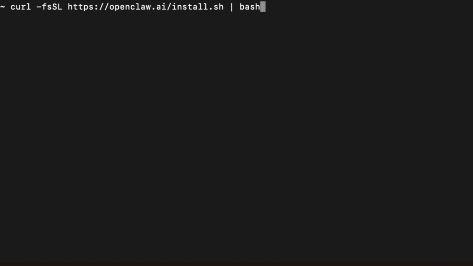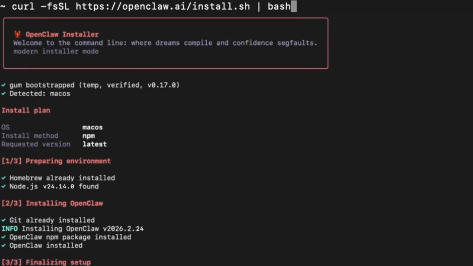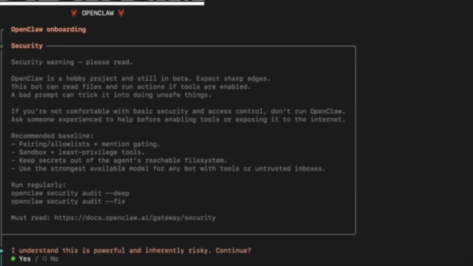on your system. After you press enter, the terminal will display several progress messages such as install plan, preparing environment, installing openclaw, and finalizing setup, which indicate that the system is downloading the necessary files and completing the installation automatically. Once the installation finishes, an openclaw onboarding and security message will appear. Read the notice and press yes to confirm that you understand the tool is powerful and inherently risky, allowing the